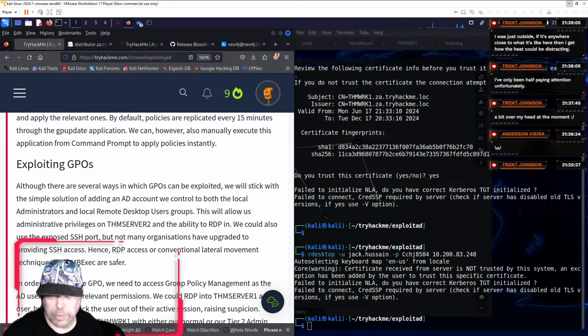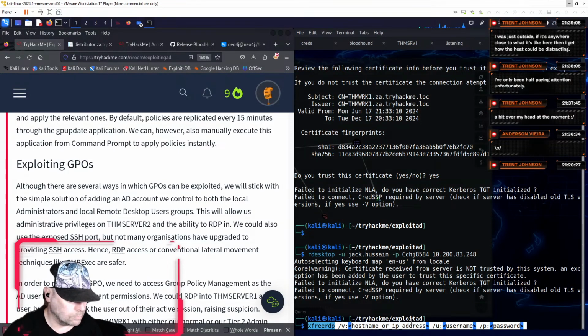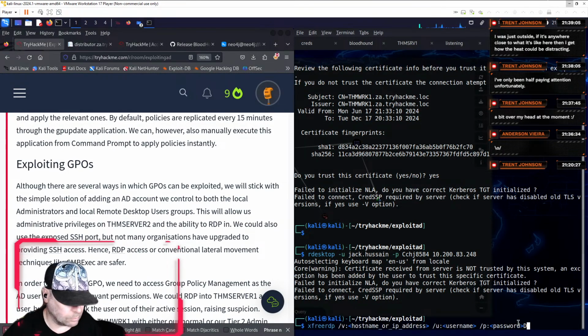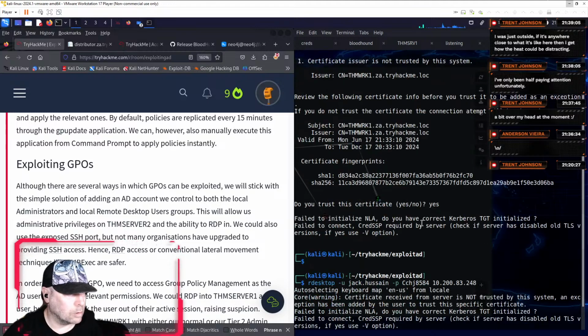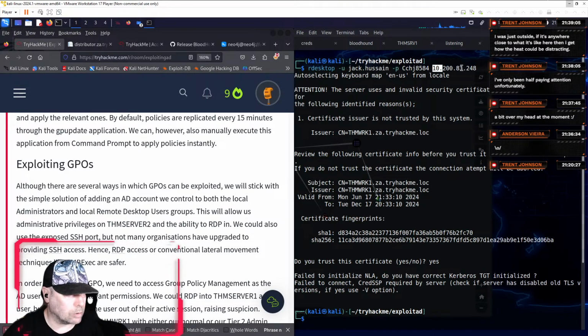I think I've had some luck with xfreerdp. Oh, I should have used my alt backspace command that I just learned. Let's just copy and paste this.